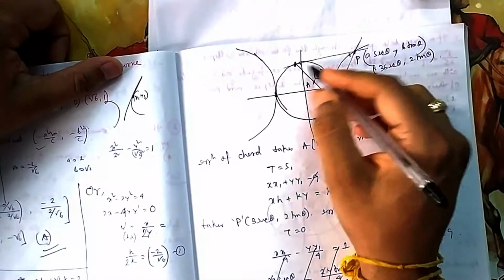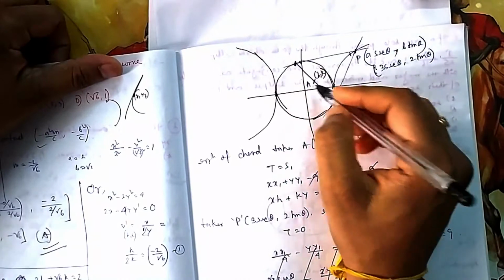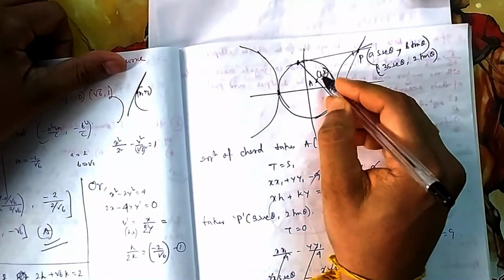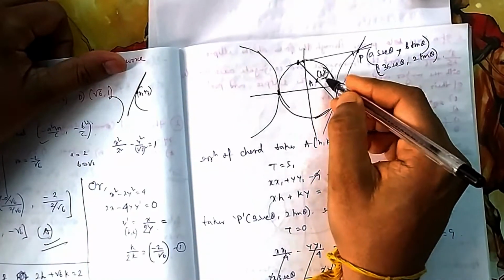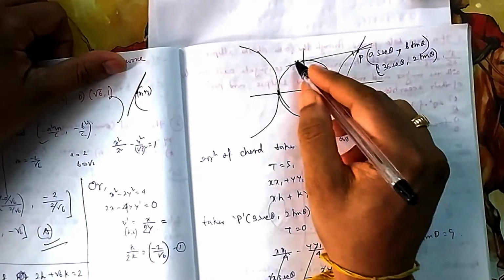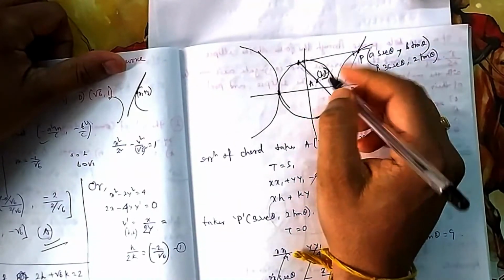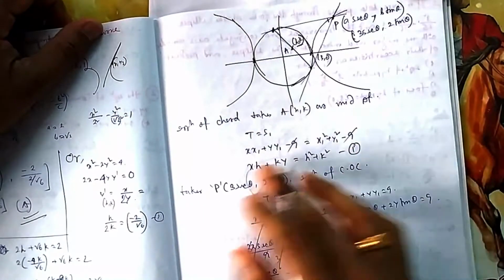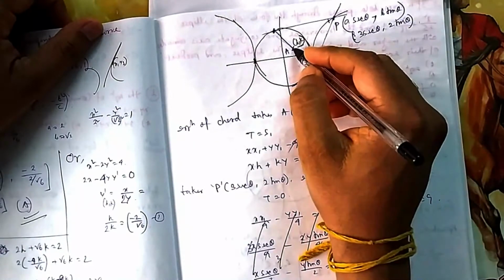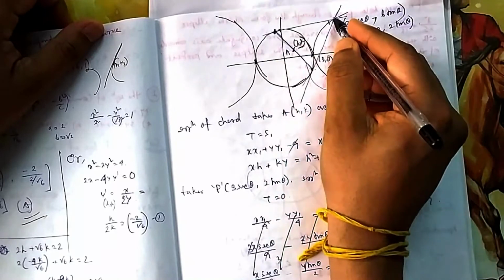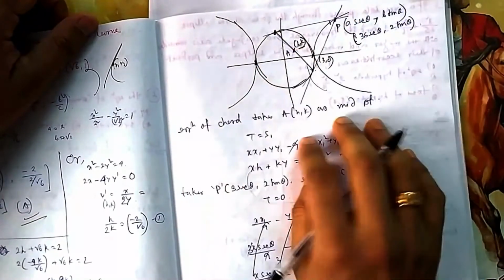Now from this point you draw tangents. This is the chord of contact. You need to find the locus of this point h, k. The midpoint is given, so you can find the equation of the chord. Also, if the outside point is given, you can find the chord of contact. Both should represent the same line because it is the same. If you consider this, it is also the equation of a chord whose midpoint is given, and also the chord of contact with respect to this point. So you can have both these equations.